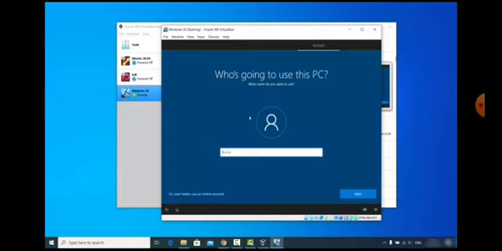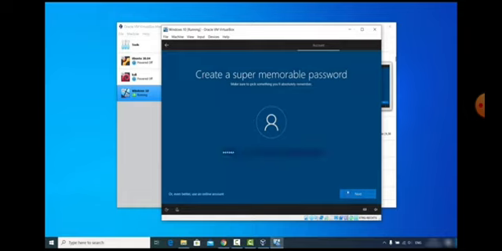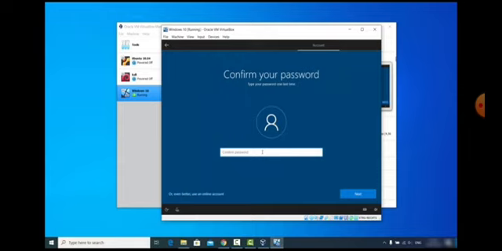and here you need to give the name of your PC. So I'm going to give the name CB in my case. You can choose any name for your PC and then click on next. And now you can give the login password to your Windows 10 operating system. So I'm going to choose a simple password for now, and then I'm going to confirm this password and then